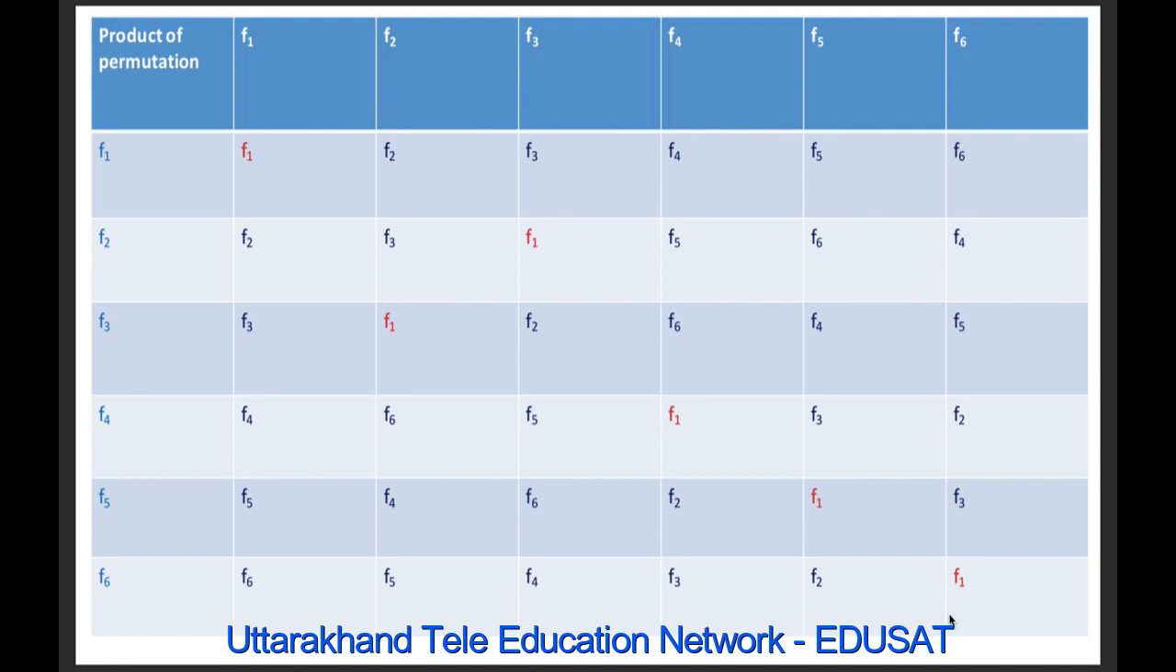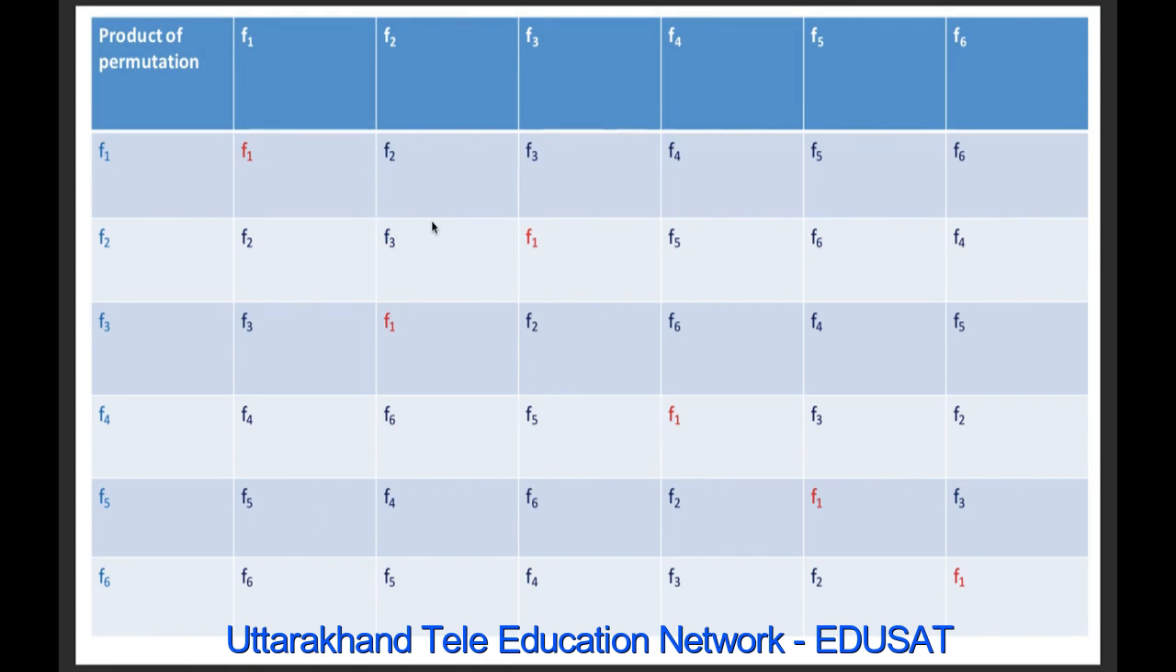Here observe one more thing, whether this table is symmetrical about the main diagonal or not. Here the elements in the main diagonal are F1, F3, F2, F1, F1 and F1. Now elements on the right of F1 in the first row are F2, F3, F4, F5, F6 and below F1 are F2, F3, F4, F5 and F6. So these are same. So in second row